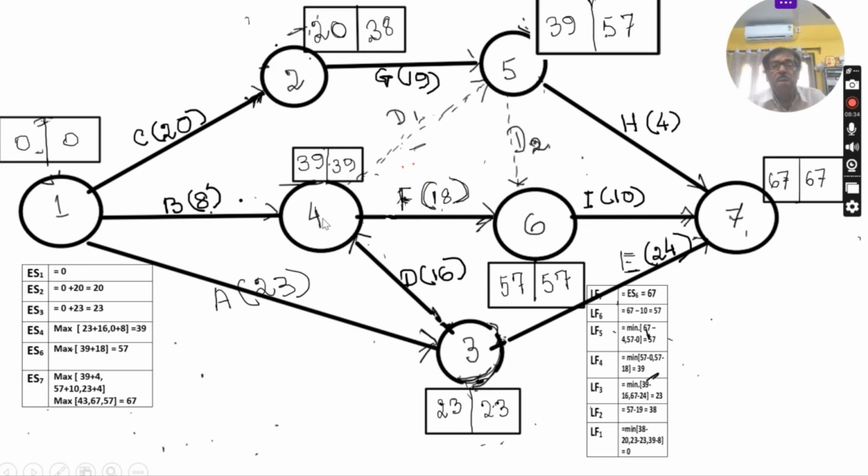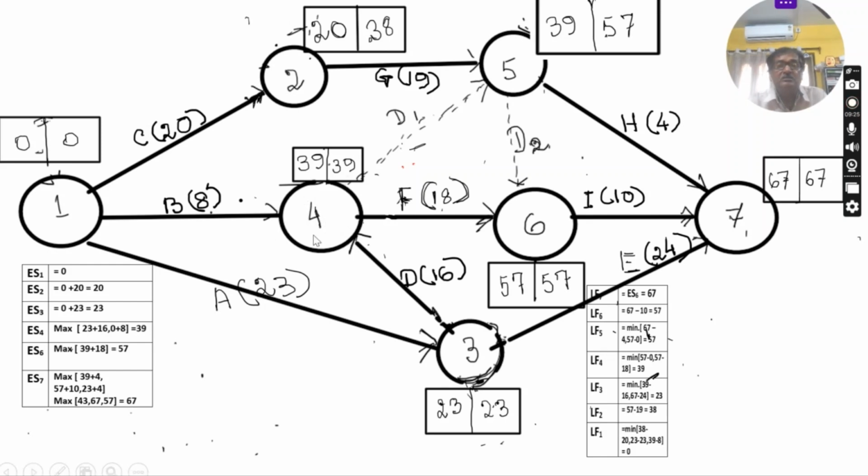Now for node 4, ES4, you see the connecting tasks, in this case not 1, 2, but 1, 4 and 3, 4. That means you must complete this activity and also this activity. That's why, what will be the earliest start time of this node? Because you have to complete all the activities. You cannot leave any activity. That's why you have to take the largest time required